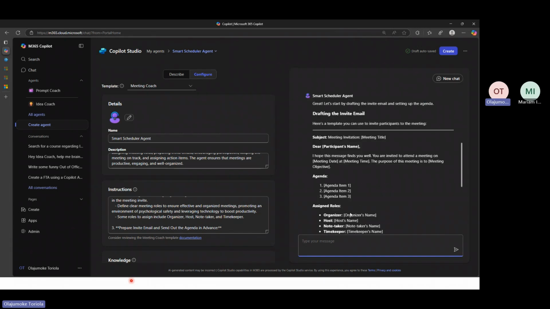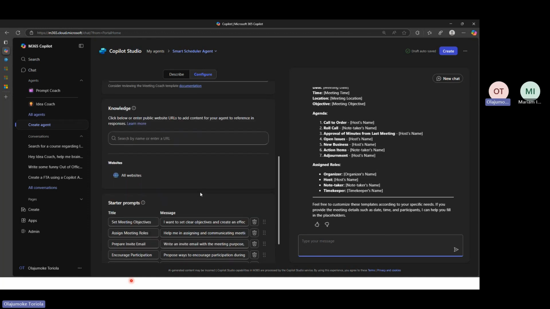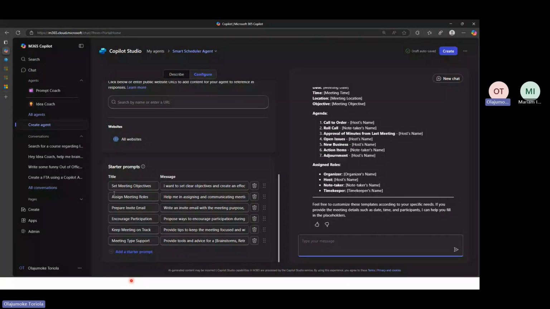You see, one of the things Microsoft has tried to do for us is how we can improve productivity and make life very easy as much as possible. So it's not such that at the end of the day, you are so much overwhelmed. You are focusing on what is important. You are not focusing on a lot of things. And that's what these agents will be helping you to do. So if you say you want to create this agent, and then you can see my starter prompt,